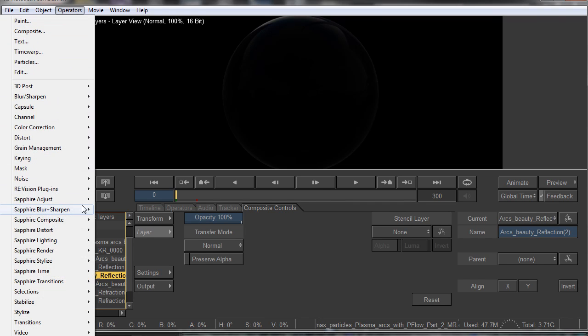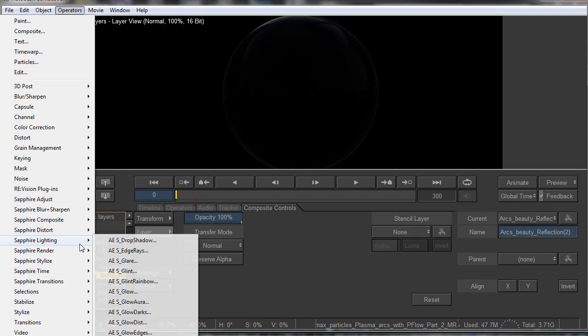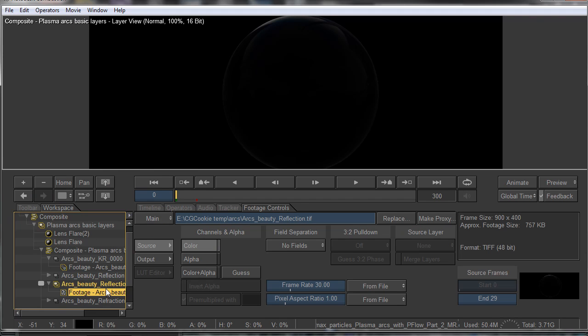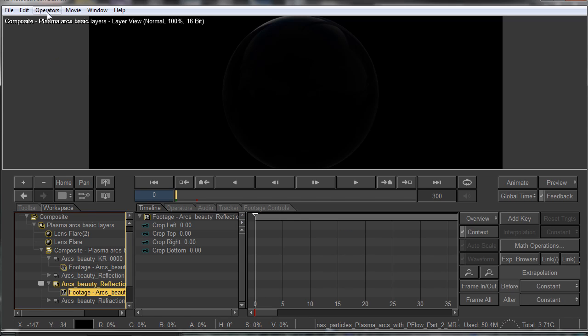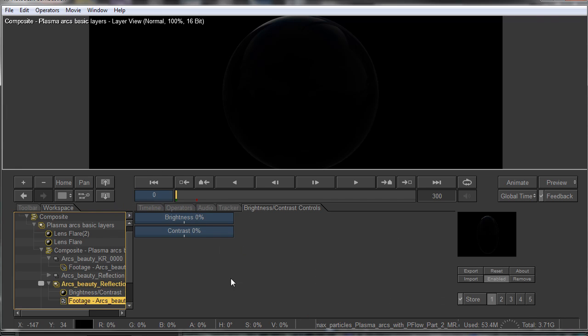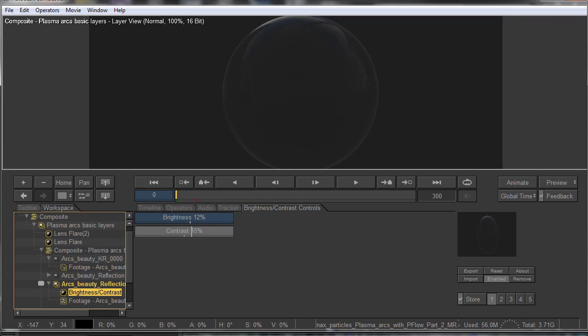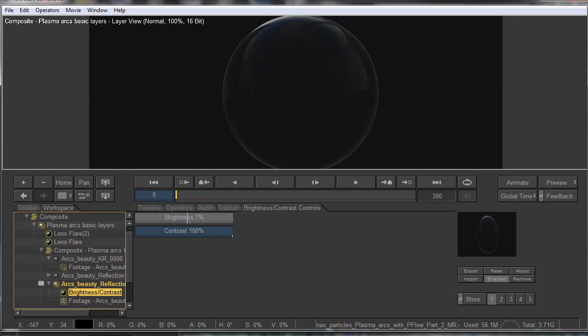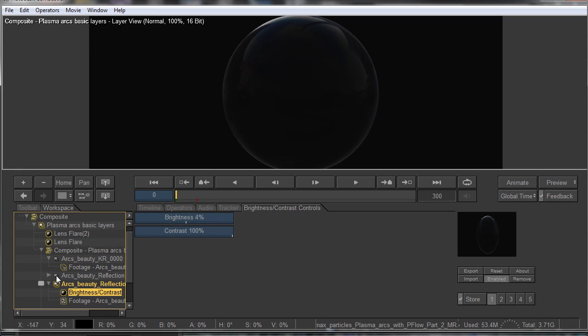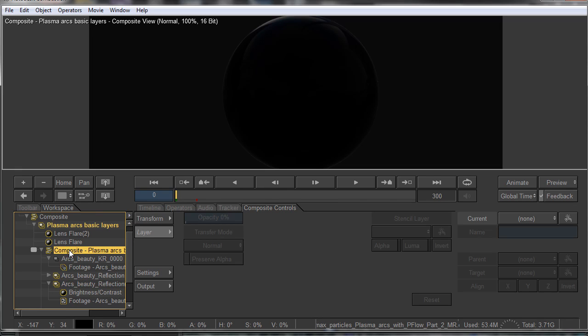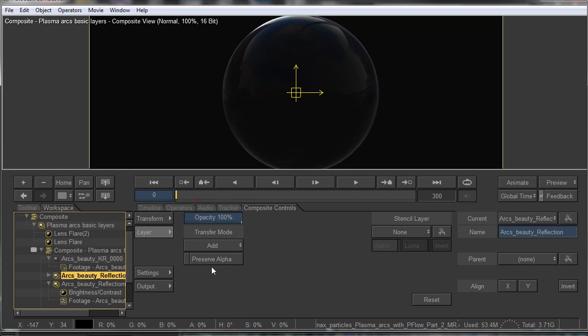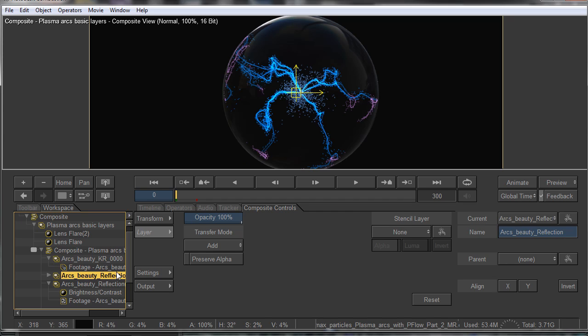Okay, and this one, let's check, it's set to color and that's okay, and we say to use for 300 frames. And this one will have brightness. Then we have, you see the reflection there, and the reflection will be set to add, so we have a good reflection. Then we have the arcs there,